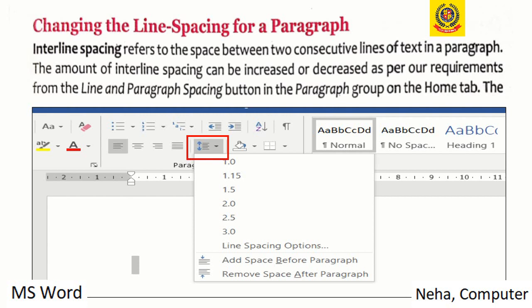We can change the line spacing between the lines in the paragraph. We can increase it or decrease it as per the numbers given here, and we can also do it with different numbers by typing them in. We will see in Microsoft Word how we can change the interline spacing.